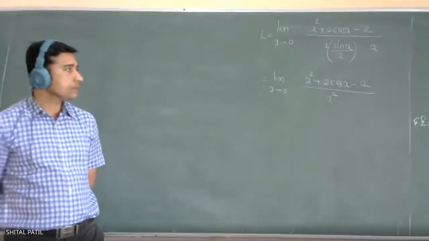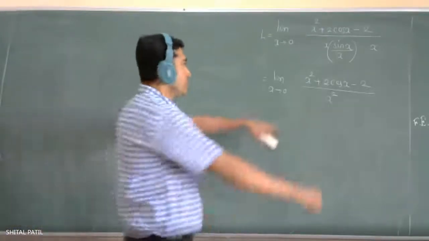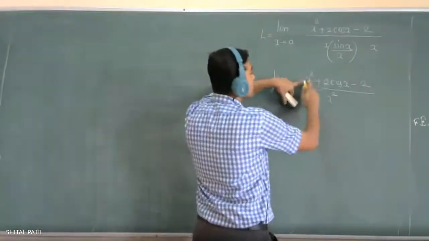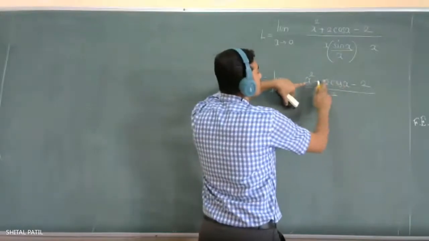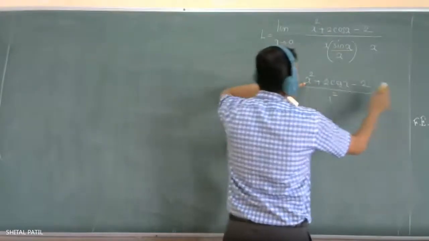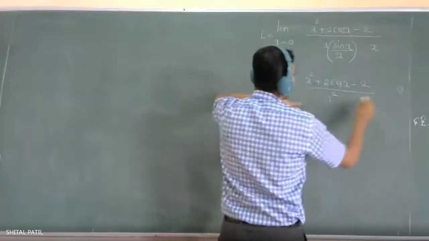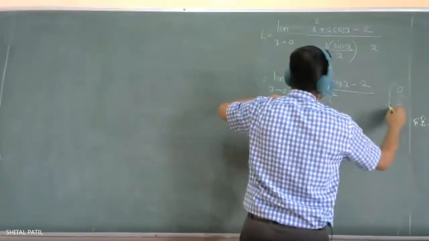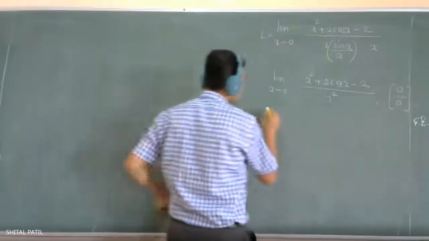Okay. Now substitute x equal to 0. Cos of 0, x equal to 0. Cos of 0 is 1. So 0 plus 2 minus 2, 0. Divided by x, 0. 0 by 0 form. Right, using